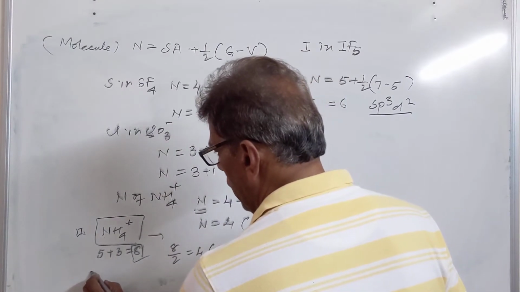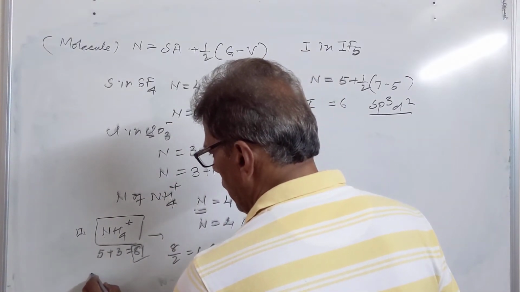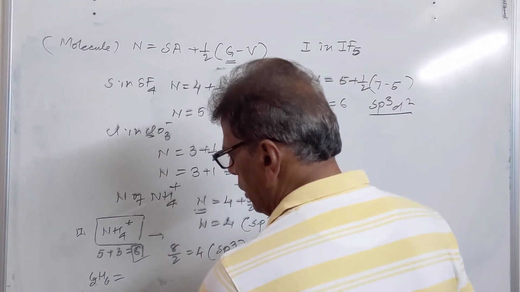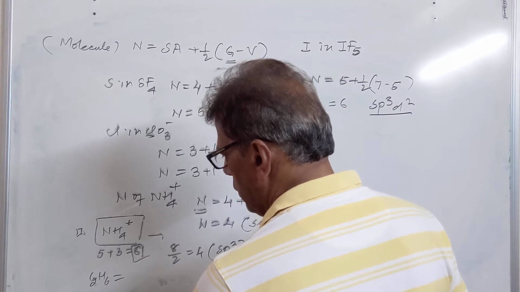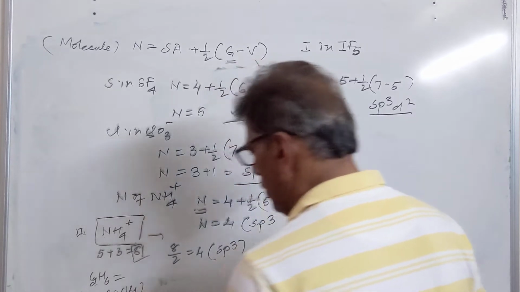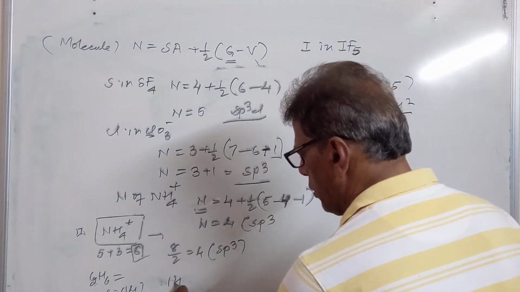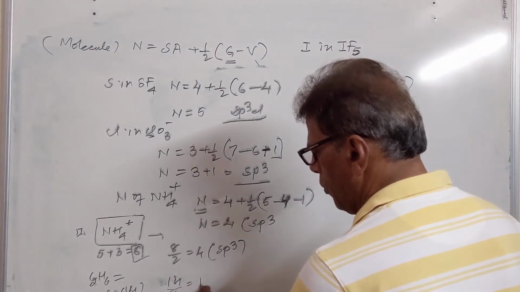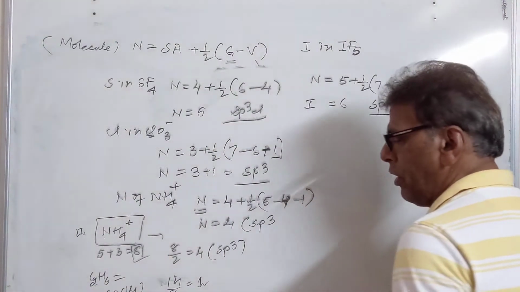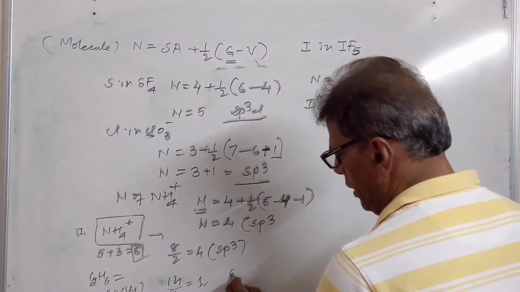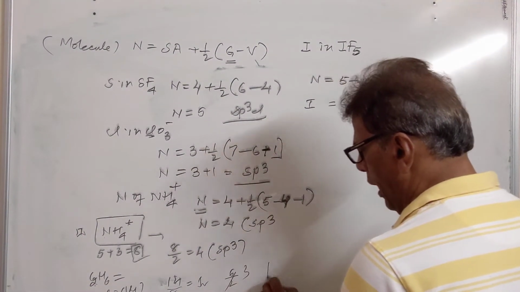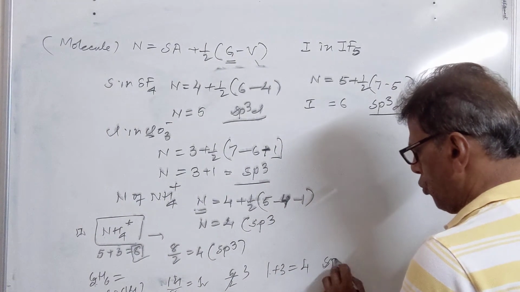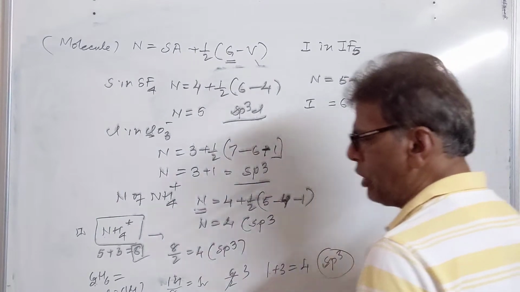For example, we want to calculate the hybridization in the case of the C2H6 molecule. Then the total valence electrons in carbon are 2 into 4, total 8. 6 from hydrogen, so 14 electrons are there. Now 14 divided by 8. If this number comes out to be more than 8, divide by 8, so you will get 1 as the quotient. Then we have 6 divided by 2, so it will be 3. Add 1 plus 3, the two numbers are added, we get 4. It is 4 orbital hybridization, that is sp3 hybridization.